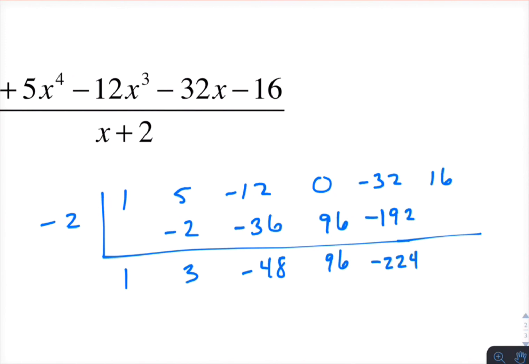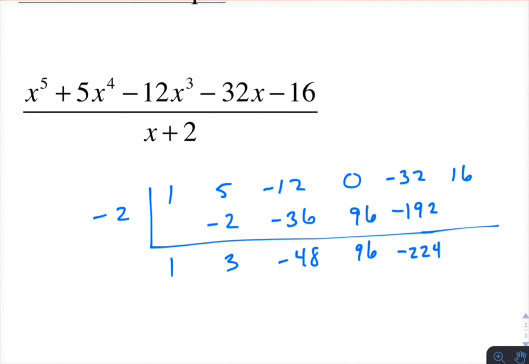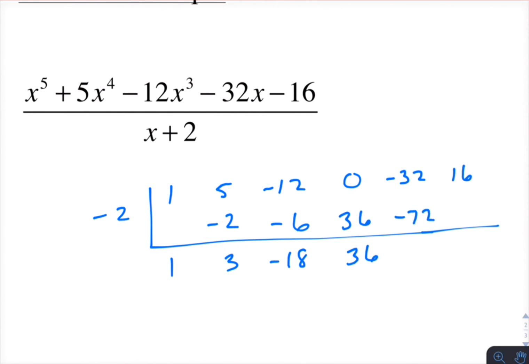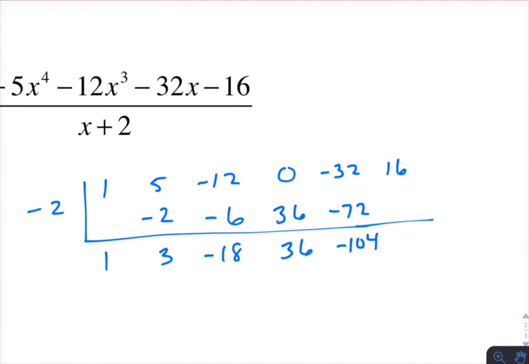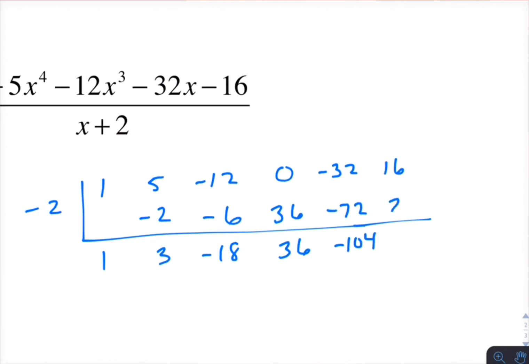Did I make a mistake here somewhere? Oh, big mistake. I didn't think it should have gotten that big. So negative 2 times 3 is negative 6. So now it's negative 18. Positive 36. Add them up. Negative 72. So that is negative 104. And then positive 208. But that 16 should be negative. Missed that one too. And what's that give us? 192